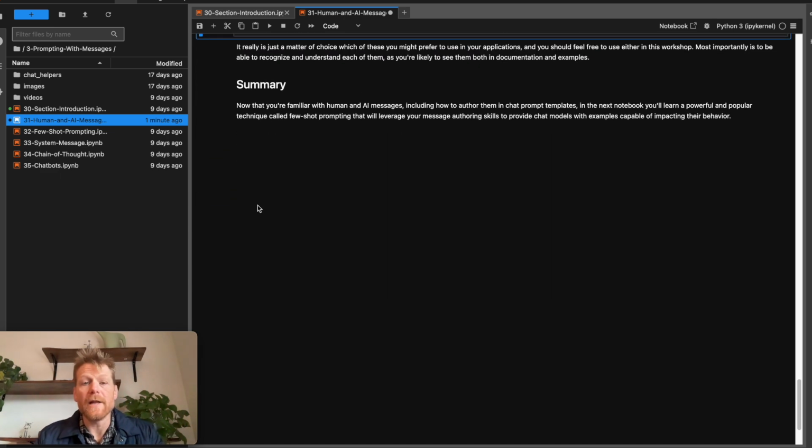Okay, so now that you're familiar with human and AI messages, including how to author them in chat prompt templates using the from messages method on chat prompt template, in the next notebook, as we discussed, you're going to learn a powerful and very popular technique called few-shot prompting. That's going to leverage your message authoring skills to provide chat models with examples that can impact their behavior in really important